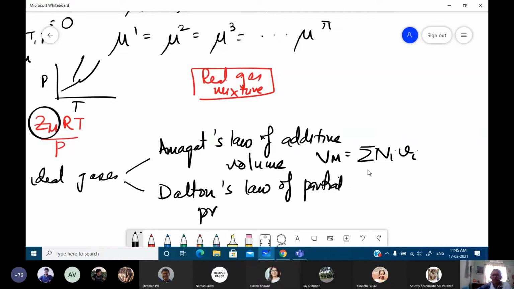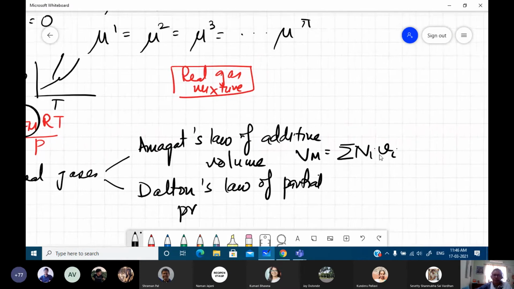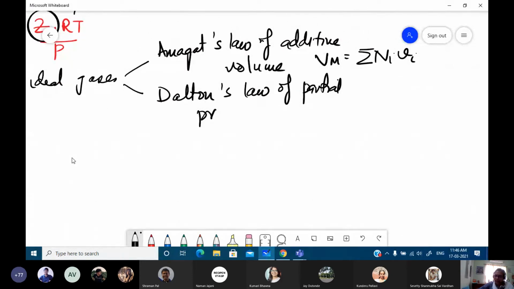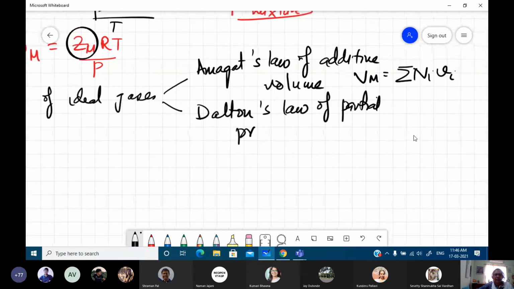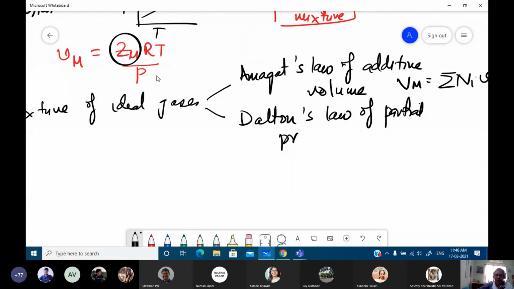Now if we come to the real gas mixture, what do we get? For the real gas mixture, we have seen that Vm equals Zm RT by P. Now, if we assume that even for real gases they mix without any change in volume, in other words the gases are real but the mixture formed is ideal, where an ideal mixture means one which forms without any change of the individual properties, then we can always write PVm equals ZmRT.